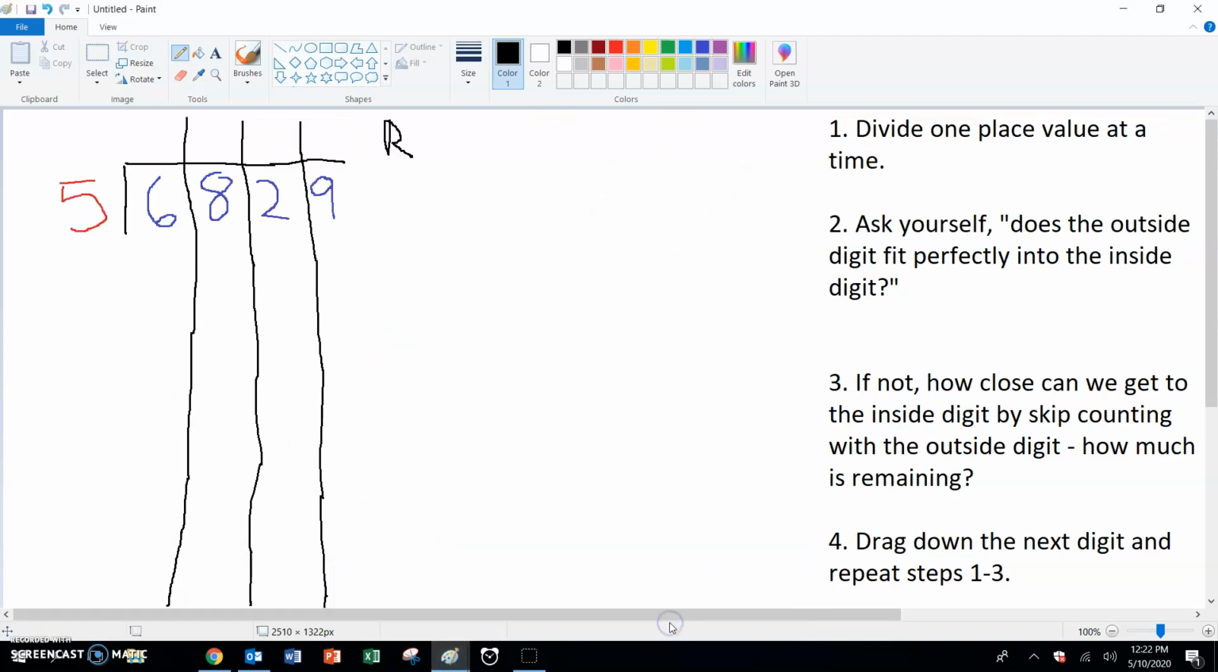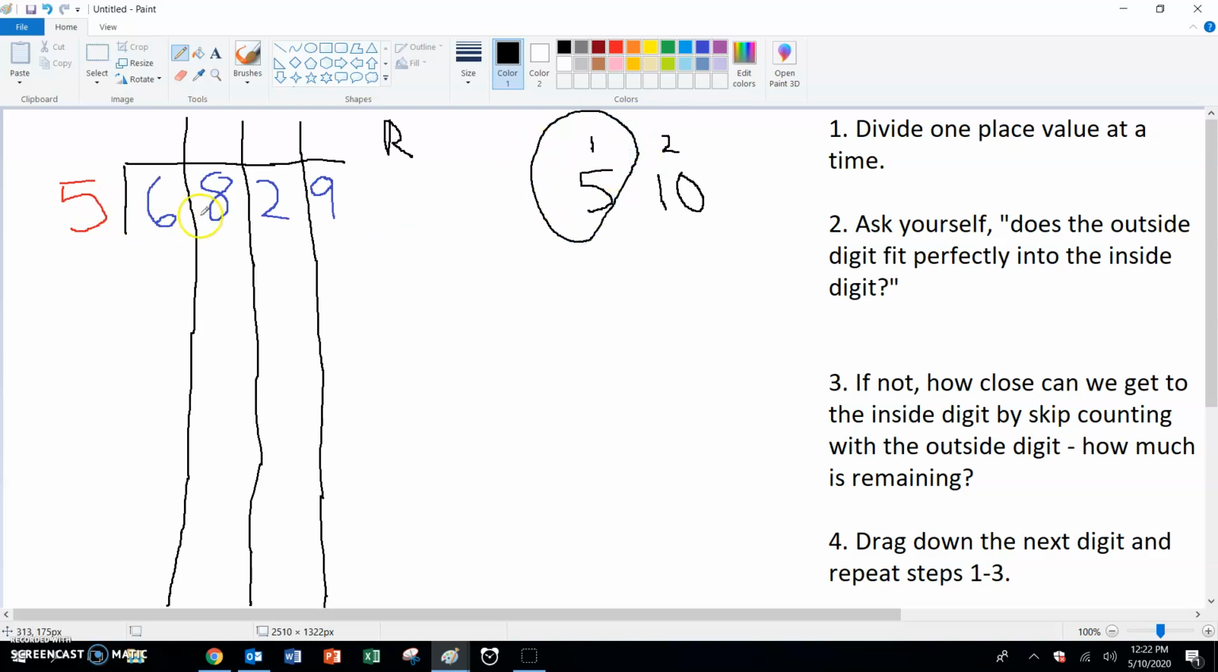Last but not least, we're going to look at an example with a 4-digit dividend. In this problem, we have 6,829 divided by 5. We start with 6, and then we ask ourselves, how close to 6 can we get, skip counting by 5? One group of 5 gives us 5. 2 groups of 5 gives us 10. 2 groups of 5 already exceed 6, which means the closest we can get to 6 is 1 group of